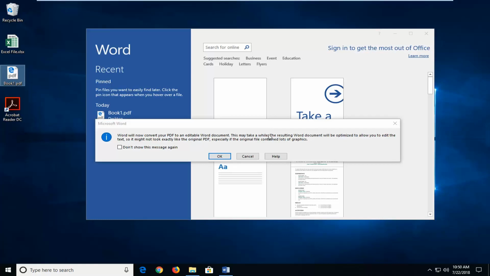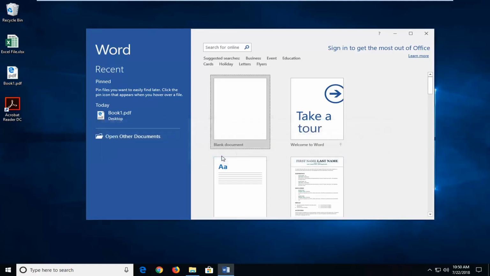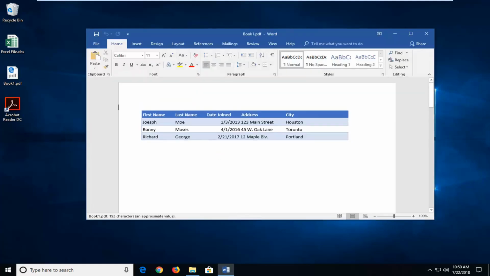This may take a while. The resulting Word document will be optimized to allow you to edit the text, so it might not look exactly like the original PDF, especially if the original file contained lots of graphics. Left click on OK. So there you go guys, now you can see we have it in Microsoft Word, but